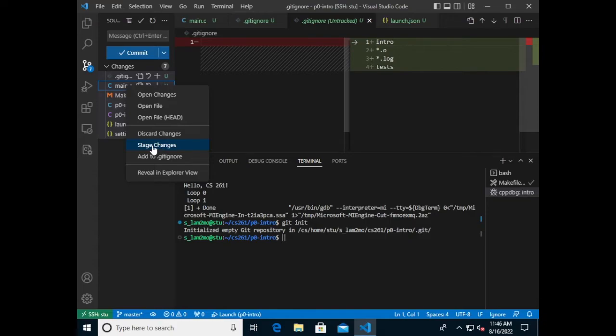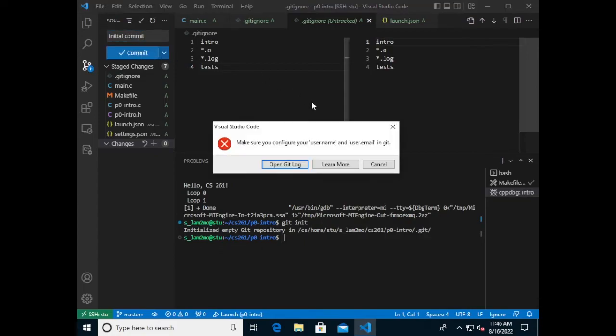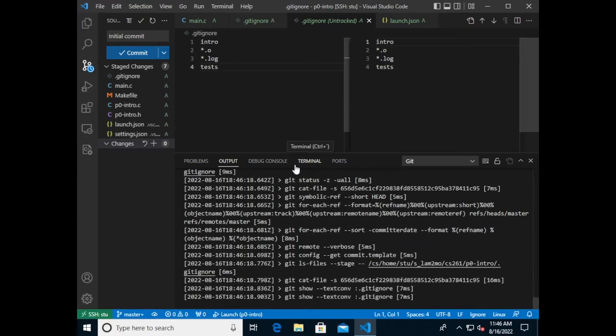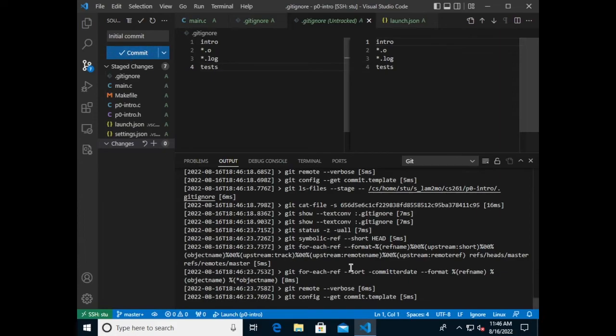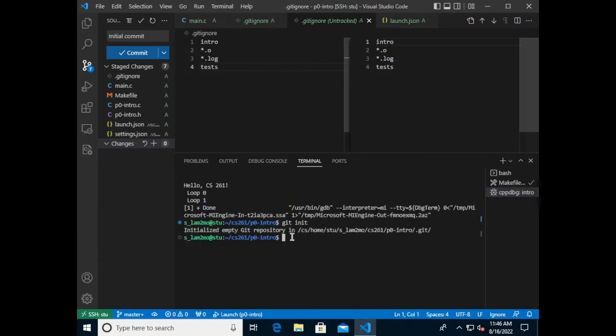So Git is fairly complex, but there is this two-stage process for saving your changes. You have to stage them. And once you've staged them, you put in a commit message up here. So this is the initial commit. And then we'll commit. And the first time you do this, you'll need to configure your identity. And you'll notice that it's showing you the lines that we need to run in order to set this configuration. So we're going to copy that line, go back to the terminal, right-click to paste, and then